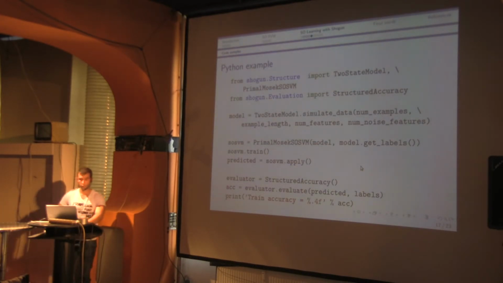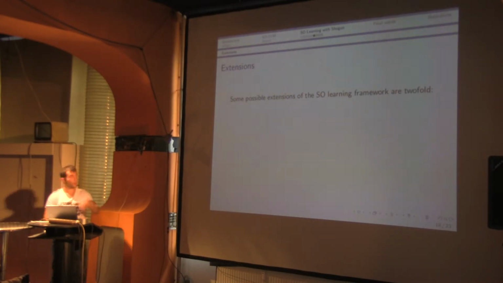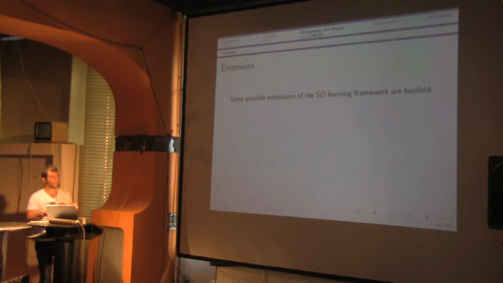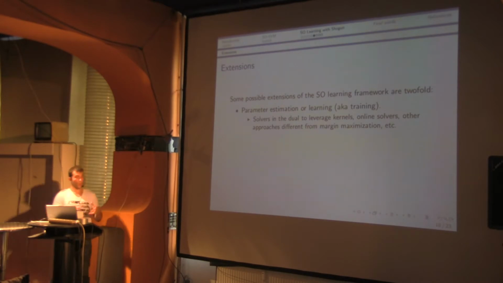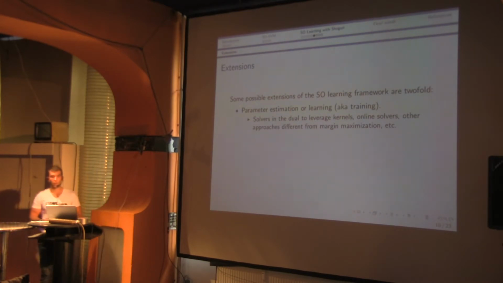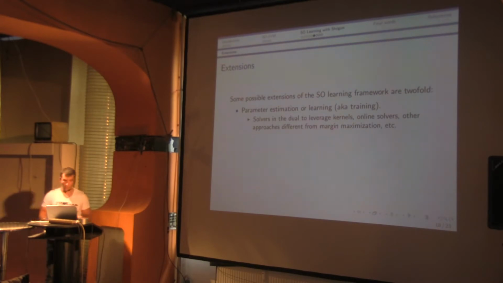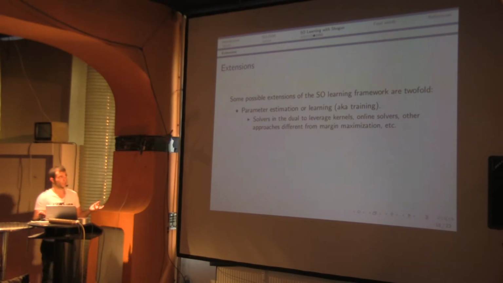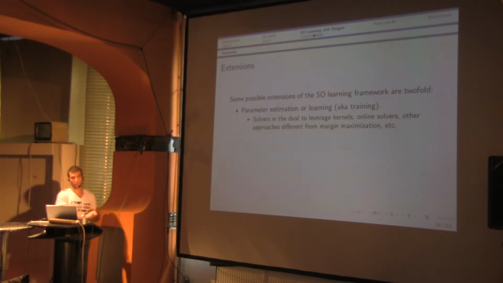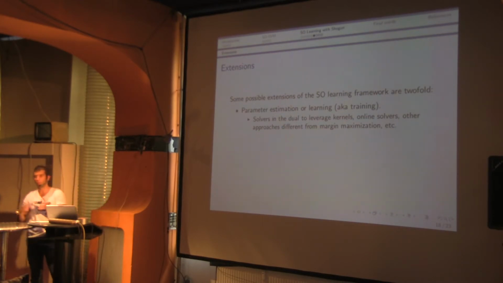the training accuracy. Okay. Now I would like to talk about a couple of extensions of the structure output framework, because the structure output framework in Shogun was designed taking into account that it could be easily extensible. And the extensions that one can do are twofold. So one can implement more parameter estimation or learning algorithms that I didn't really talk about during the talk. But these will be solvers, the typical solvers for the structure output support vector machine. So how to compute the weight vector, or if you are dealing in the dual, how to compute